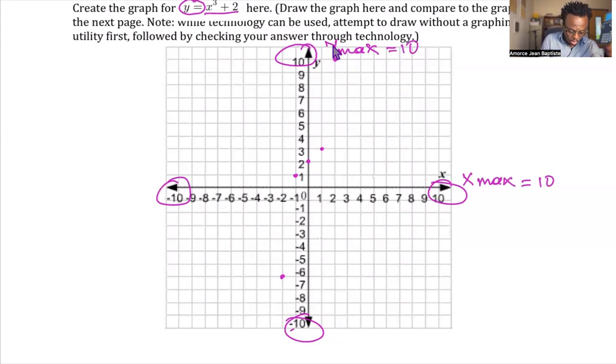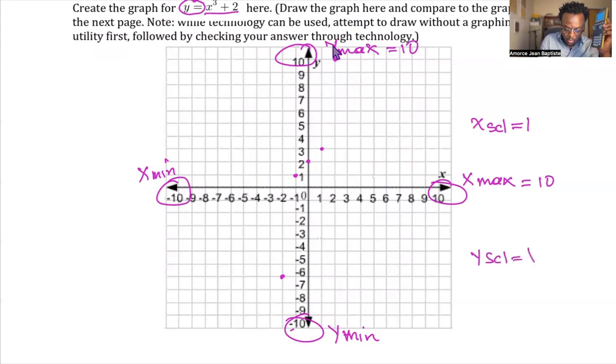This is your x min, and then that's your y min. And then since you go 1, 2, 3, it goes by 1, which would be x SCL equals 1. Also, it goes by 1 here too. So y